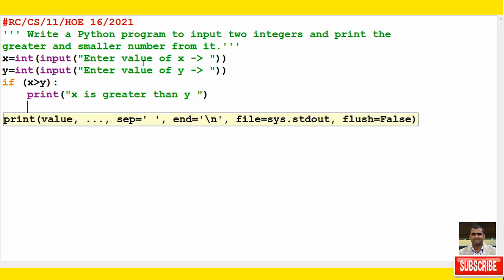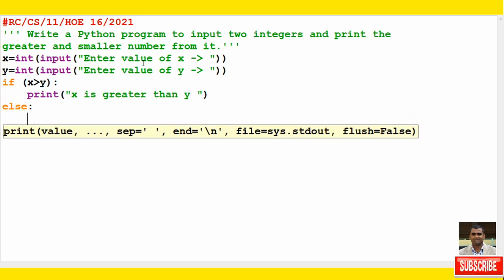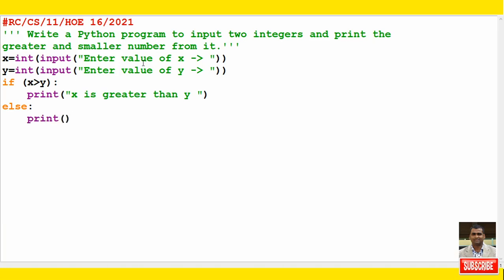Then I write else, and in the else, print y is greater than x. So we did it for the greater one; it is going to print the greater one.